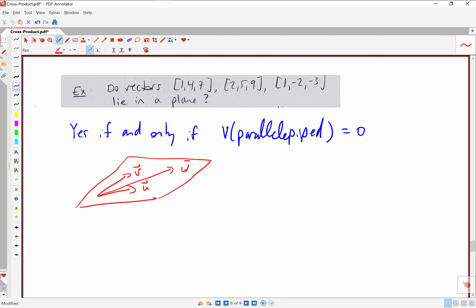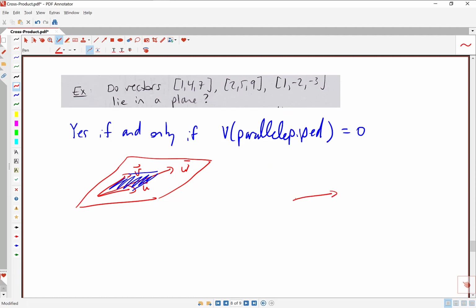If you think about the base formed by just the vectors u and v, there's our base. How much height is w then giving us? Well, no height over that base. So the volume of the parallelepiped would be 0. So 0 volume corresponds to the vectors being in the same plane, whereas if you just chose three vectors randomly,